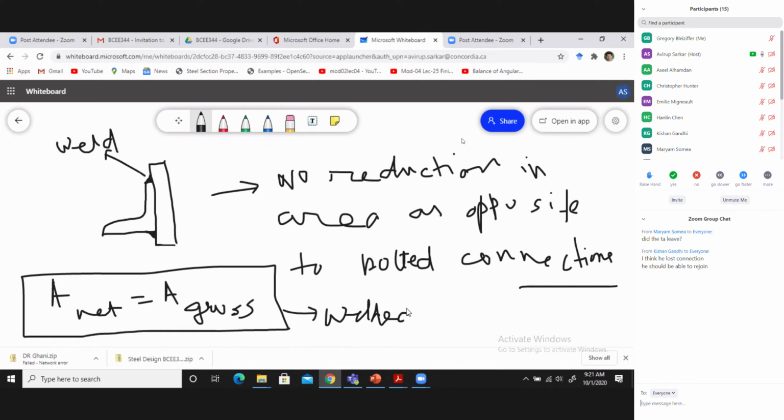If you recall from our last tutorial class, there had been different calculations for area gross and area net in case of bolted connections. Why? Because in bolted connections, we need to make holes for the bolts to go through the legs of the angle or channel section, and that's why there is a reduction in the cross section area at the location of the bolts, and that's why we calculate the A net and A gross differently. In this case, there are no holes and no reduction in area. That's why A net and A gross are the same.